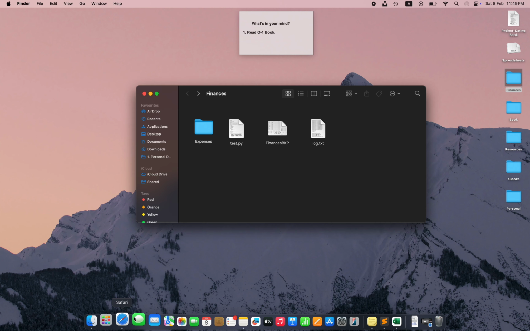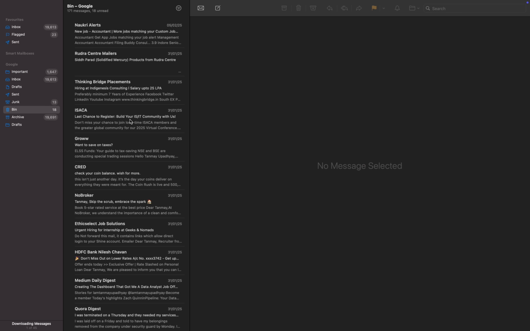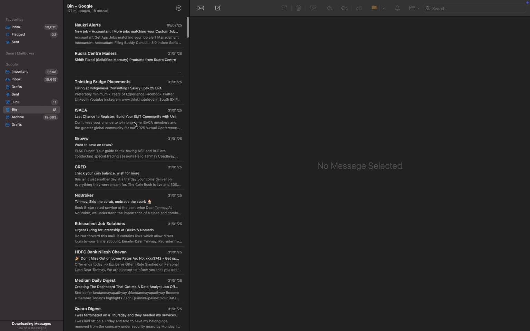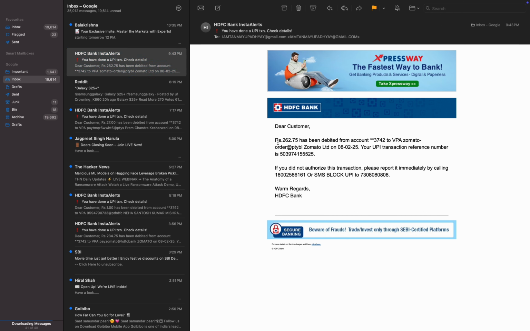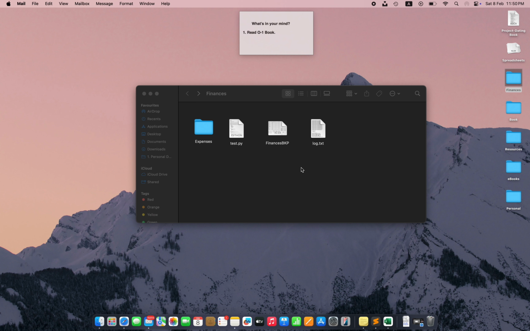If I open my email, and refer to any expense, whenever I make a UPI payment it gives me a text like this, saying that I have spent this amount of money, and the UPI ID and every detail is mentioned. This is version 1, so I'm using the email version, and I'm more convenient with that